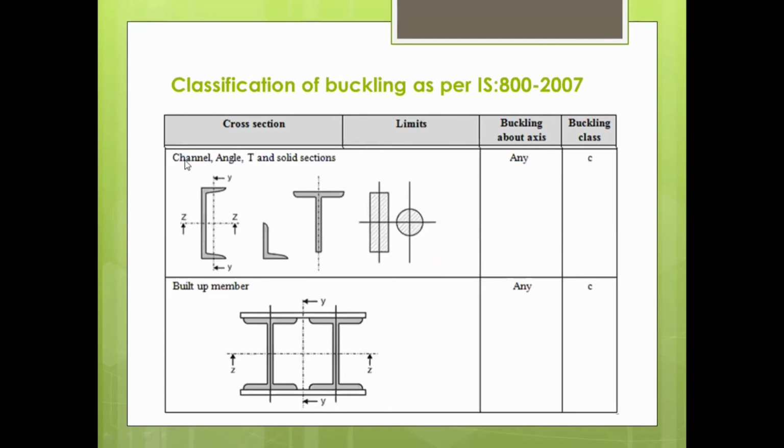Then channel section, angle section, T section, any solid section, all such sections will be directly considered as buckling class C. Then built up members. What is a built up member? I just told you, if the section is made up of two different sections, like here we can see two I sections connected with two cover plates, one at the top, another at the bottom, then each built up section will be considered as buckling class C. It means channel section, angle section, T section, solid section, built up member, all are falling under the category of buckling